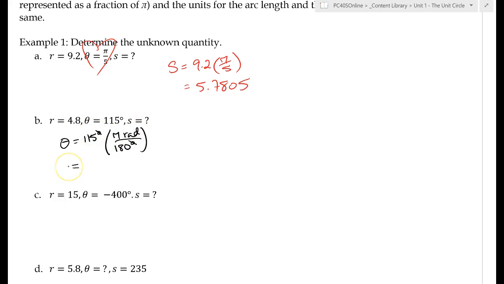And that's how I set up my ratio. From here, I can leave it in exact value, or I could convert this immediately to a decimal, but again, exact value just lets you be a little bit more accurate. So dividing both of these by 5 gets me 23 pi over 36 radians,